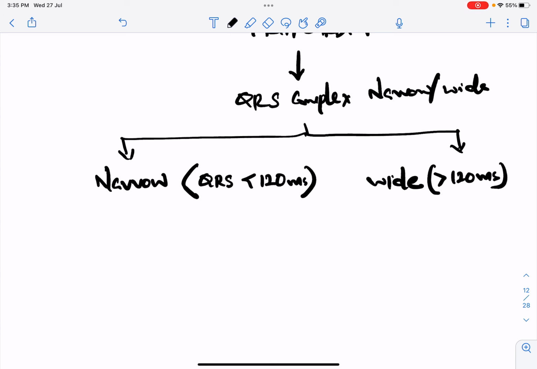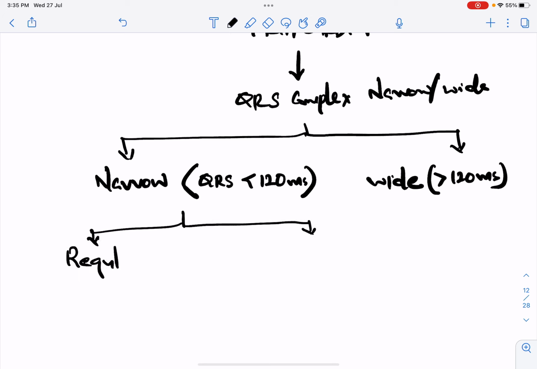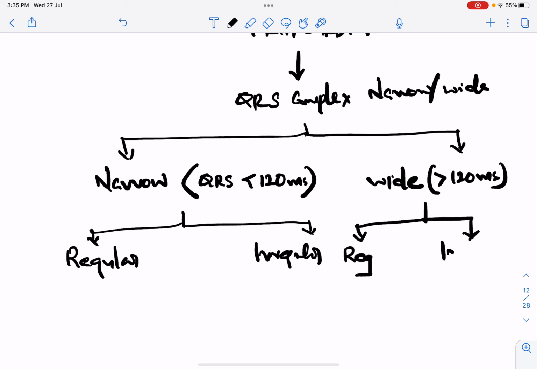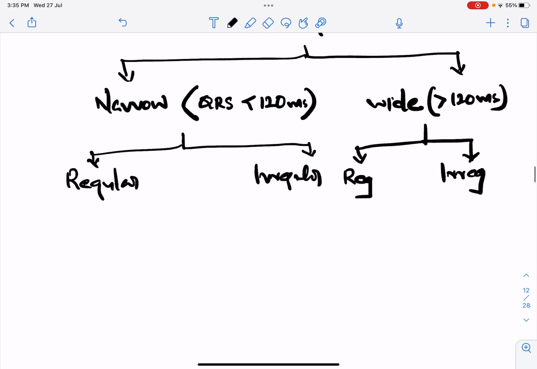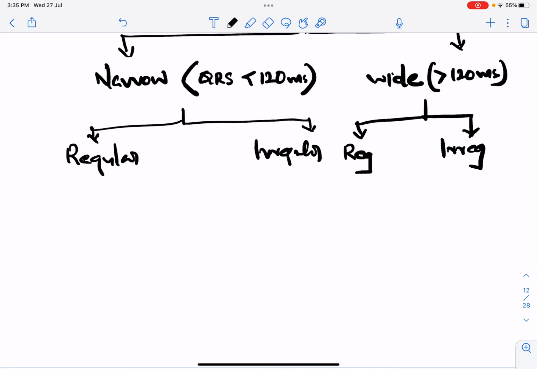Okay. Narrow is again further divided into regular and irregular. Wide also, regular and irregular. We have already discussed what is regular. Regular is nothing but the RR interval is the same throughout the ECG, and if the RR interval is irregular, it's called irregular. So the examples of narrow regular tachycardia are